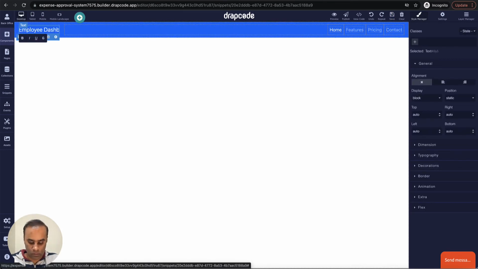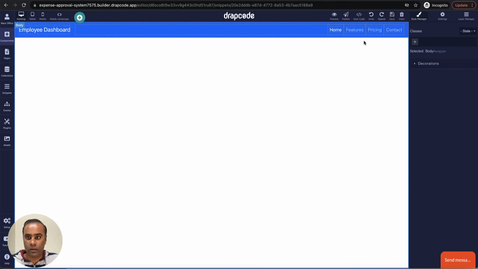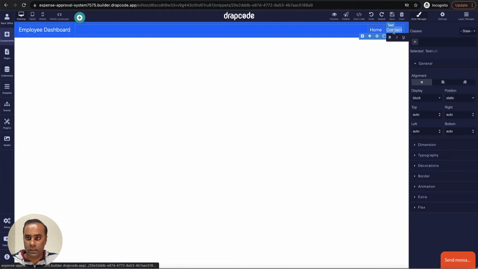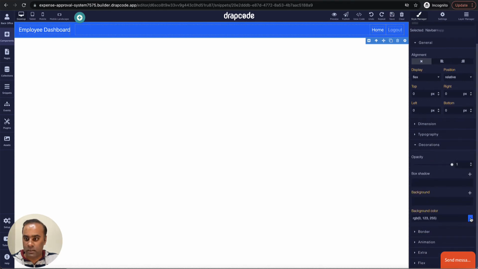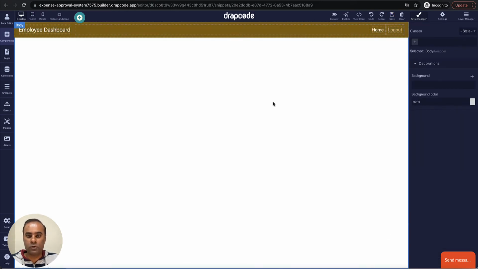Employee dashboard. Okay, we'll remove this, it's not needed, and change it to logout. Let's change the color. Okay, so I'll go to the decoration and change it from blue to this one. Okay, so this is done.